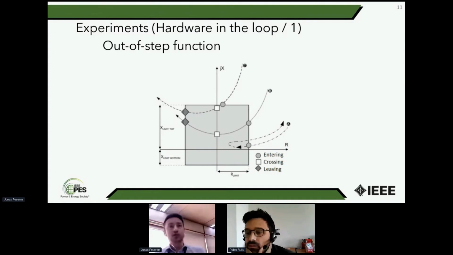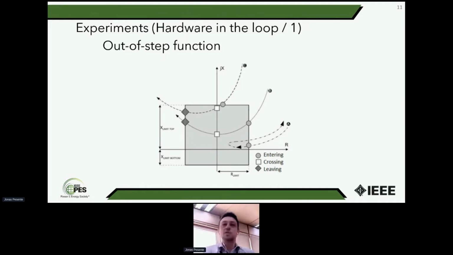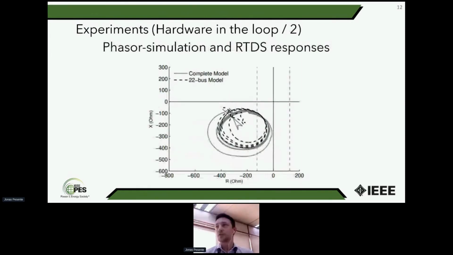In this protection, the function that we had available also allowed counting more than one entry during a power system event. This feature is important because it enables meeting the coordination needs of the special protection scheme and other existing protection in the power system. So it was very good that we had this function available.